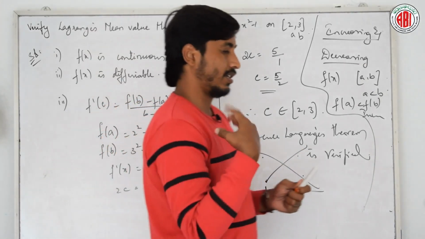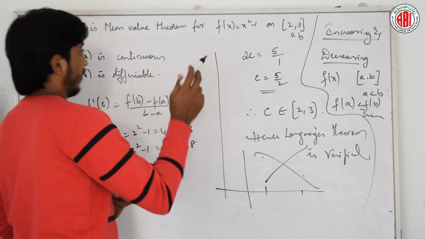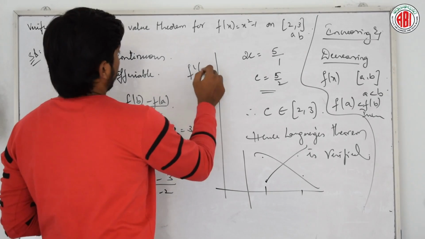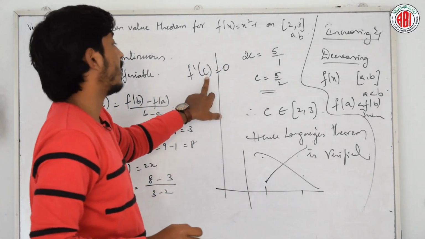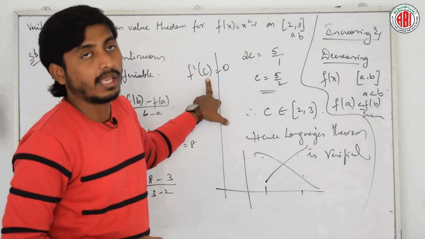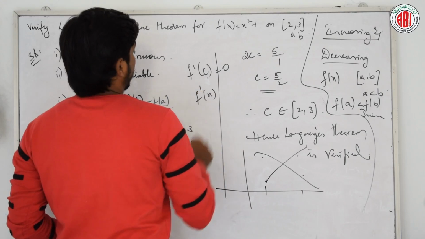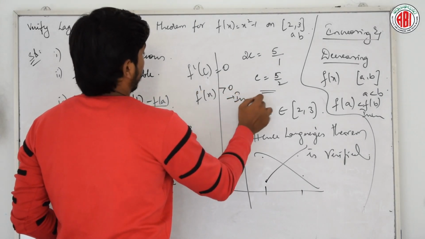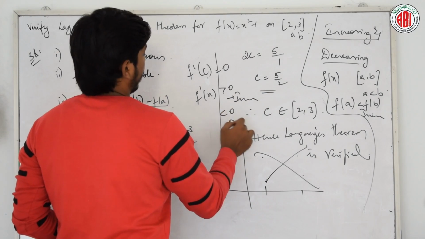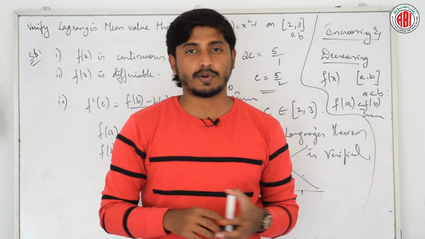And one more logic here for finding increasing or decreasing is, first they will find a critical point. This is called as critical point c. Okay, at this point, if f dash of x is greater than 0, then it is increasing. If it is less than 0, it is decreasing. Clear? Shall we do a few problems on that?